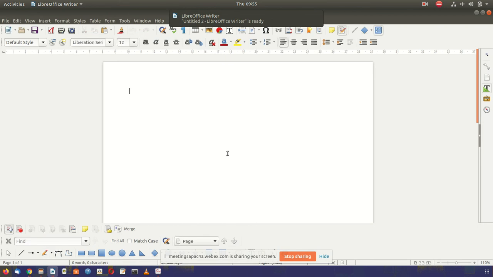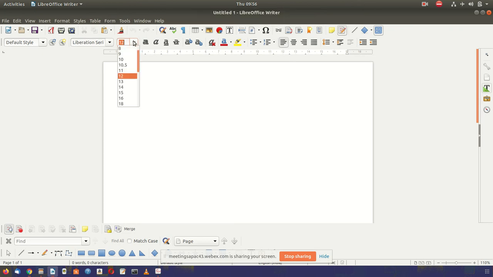So here there will be all. So here this is a combo box. Here you can select only one value out of this, and as the mouse moves, the color also moves. This is a combo box.